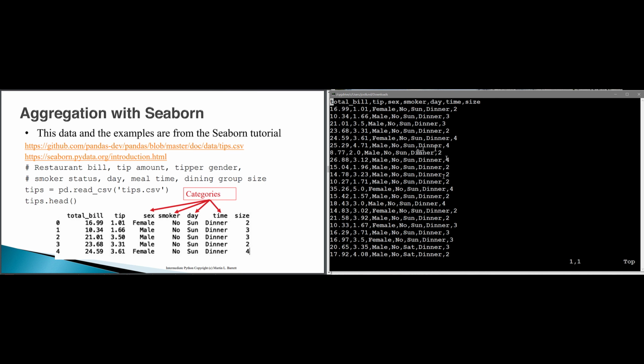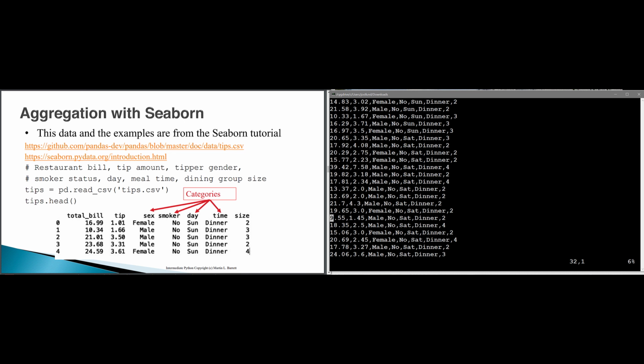Okay, so here's the top of the file. And we see that the first 5 lines are the same as the lines in the course notes. And as I scroll down, you can see